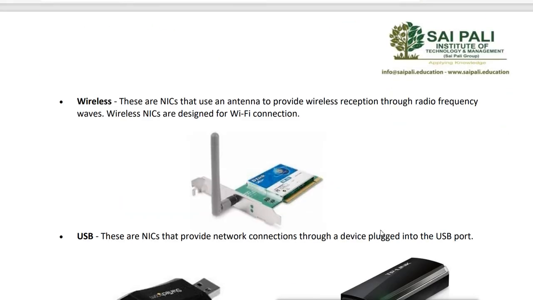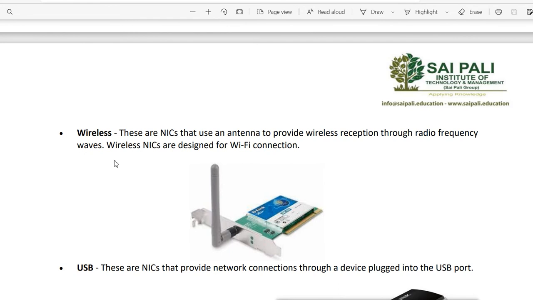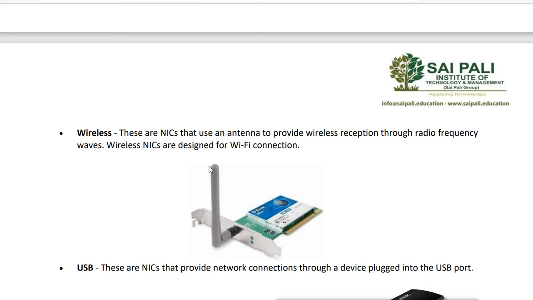Then we have wireless. These are the NICs that use an antenna to provide wireless reception through radio frequency waves, and wireless NICs are designed for Wi-Fi connections. So when you want to connect your device wirelessly to the network, we have to have the wireless NIC, that is the wireless network interface card.